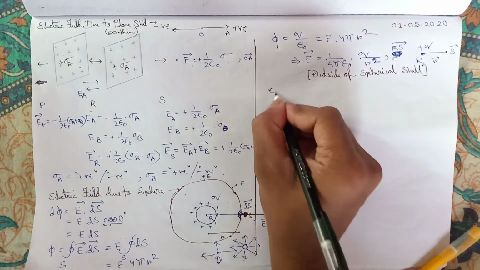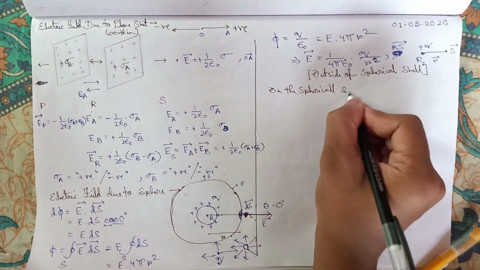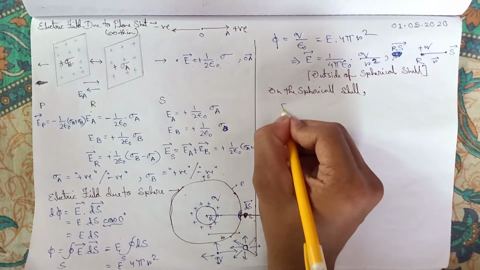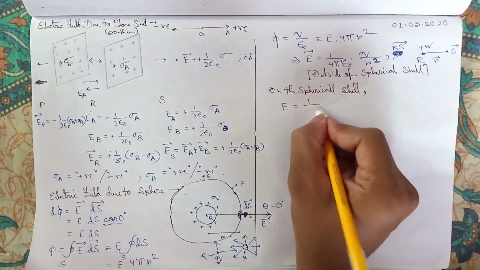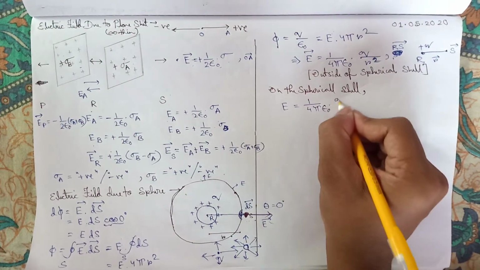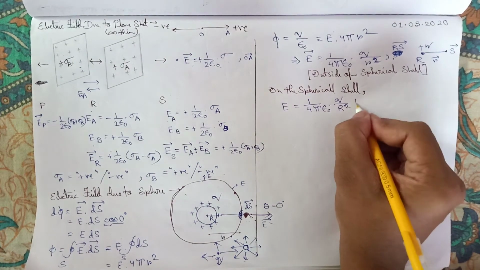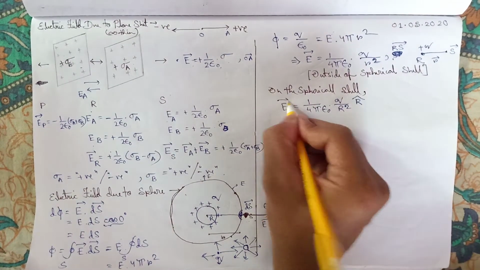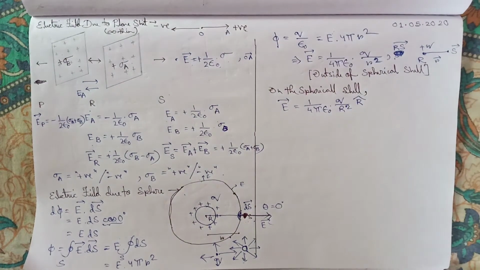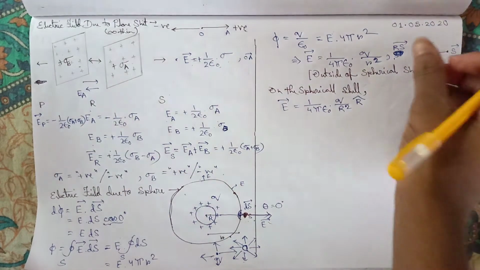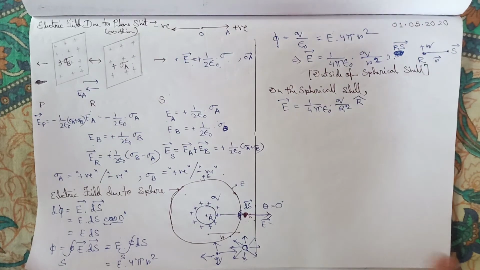Now on the spherical shell, the electric field will be just the same. This r will be substituted by r, simple. So it will be 1 by 4 pi epsilon naught q by r squared. And again you can write an r cap here to make it a vector quantity. It's easy. You can write it in that way as a vector quantity or in that way. Either one is correct. If you are just mentioning it like that, then you have to name it r and s, on the spherical shell.